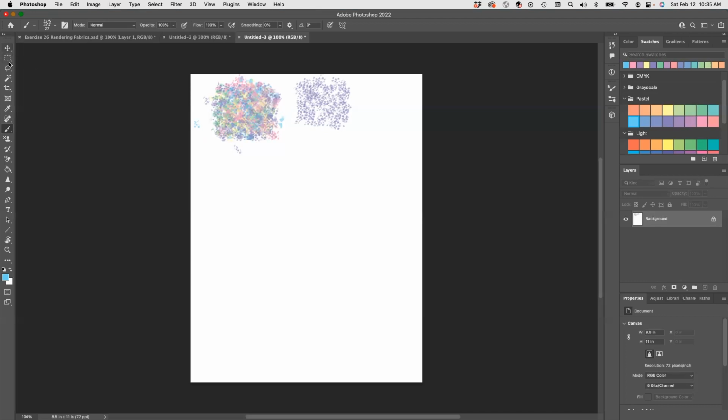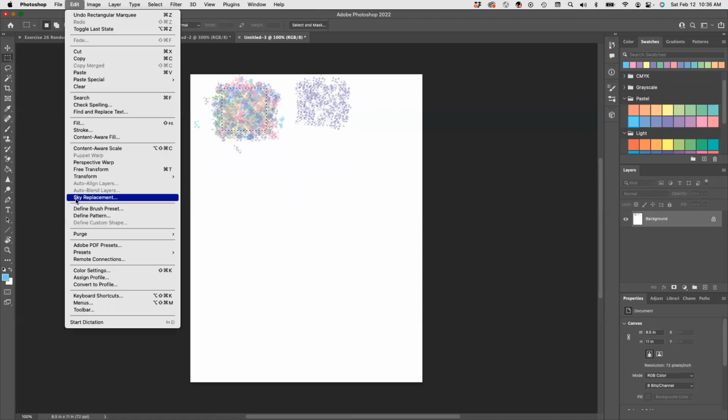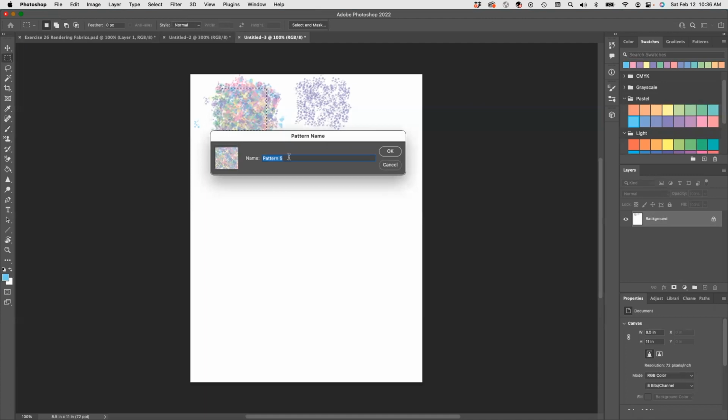Okay, let me try to select this as a pattern and see what happens. Okay. Define pattern. I'm going to call this tweed 1